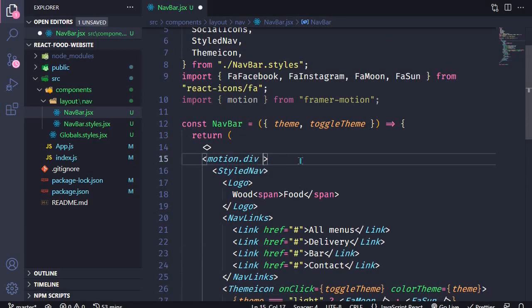we can pass various props to it. For example, we have an initial prop, so this will specify the initial styles, or initial animation, for our div right here, and we will be able to pass a specific value. And then another prop that we will be passing is animate. So this is the value that will allow us to animate our div from the initial value to the animated value, and we'll also pass some value right here. And then another thing is that we have variants,